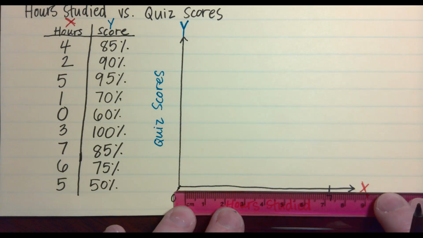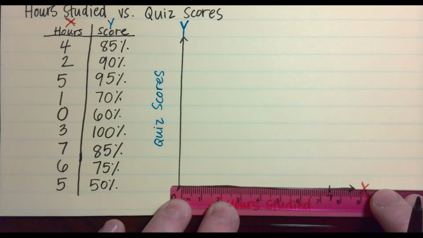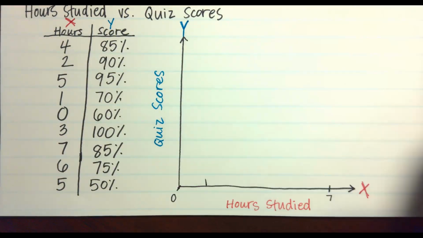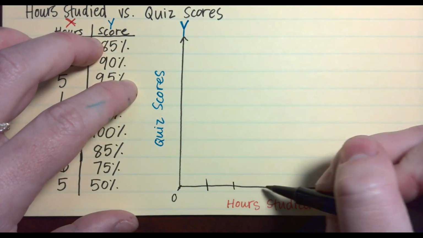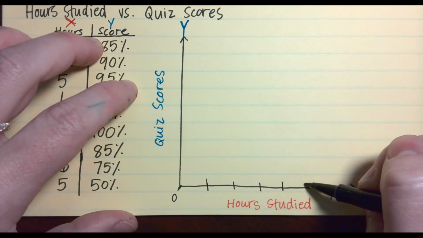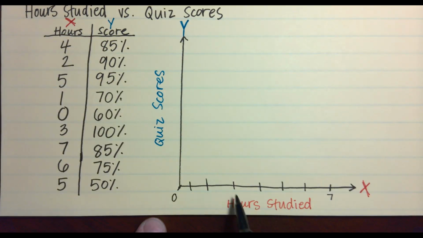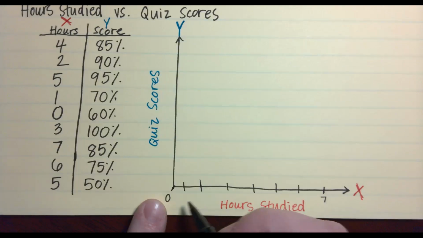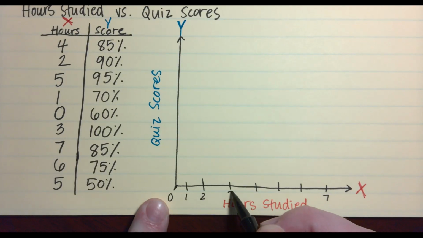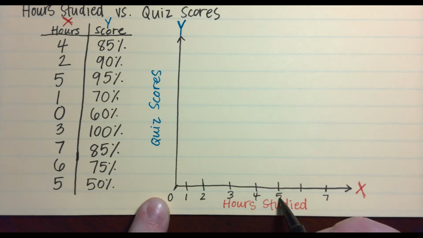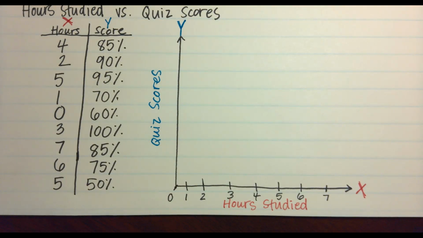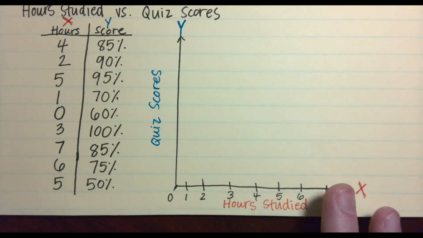That's great. Okay, so I'm going to make each section a little more than a centimeter. Okay, there we go. 1-ish, 2, 3, 4, 5. Oh my gosh. There. 1, 2, 3, 4, 5, 6, 7. So I'll label these 1 hour, 2 hours, 3, 4, 5, 6, 7. Okay, doesn't have to be perfect because we're just making a rough graph right now. We're not doing anything too particular.